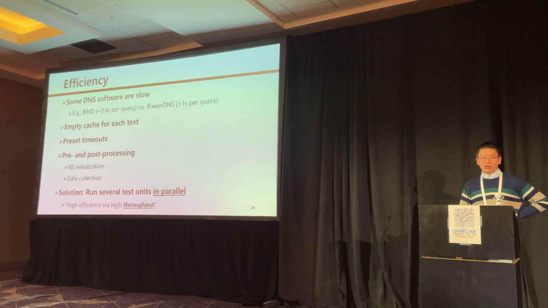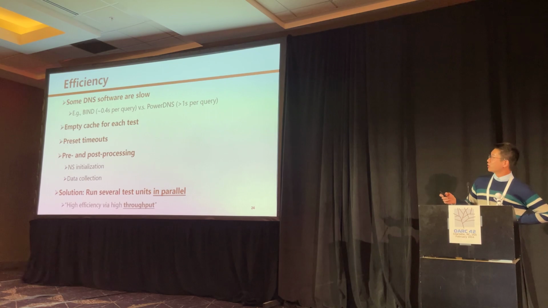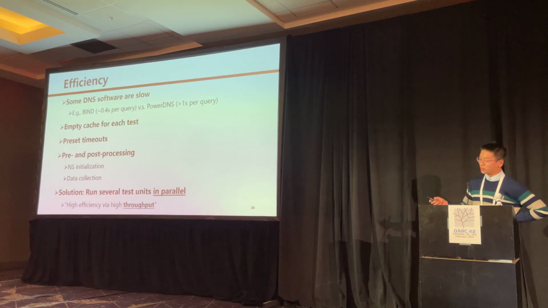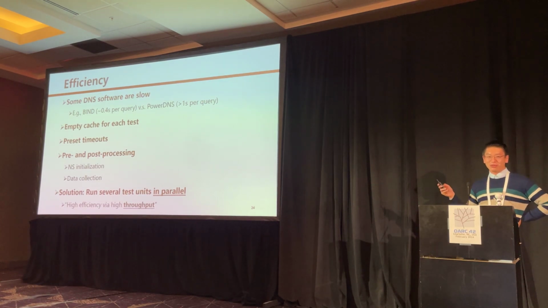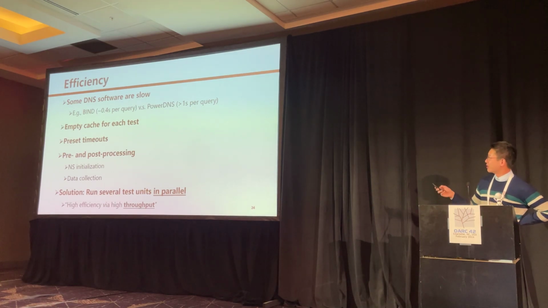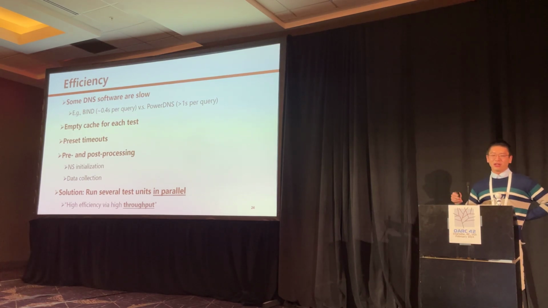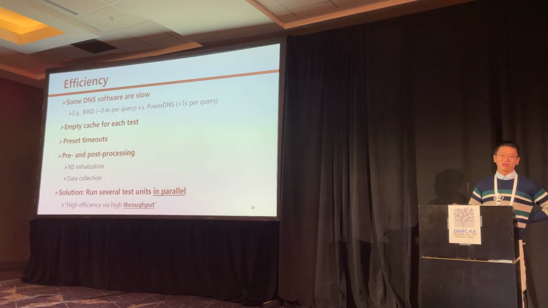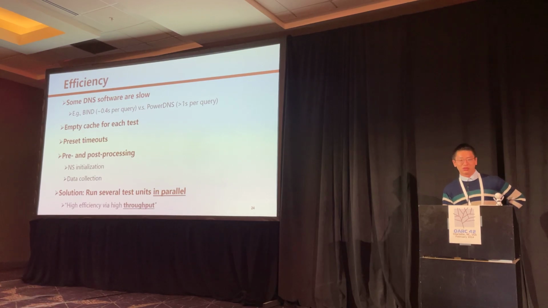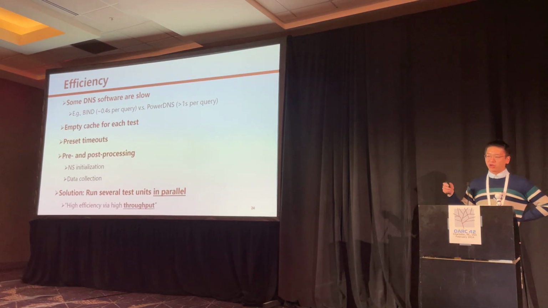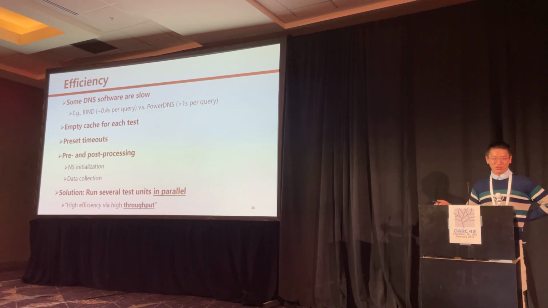And for the efficiency part, this is one vital part, because BIND is very efficient, but PowerDNS, I hope there is no PowerDNS guy here. They are not so efficient. I'm not blaming you, but it is a discrepancy, I want to say. So for BIND, normally it's like 0.4 seconds, and for PowerDNS and another one, MaraDNS, it is more than 1 second. Also different softwares have different ratios of timeouts. So this part slows down our efficiency. So we implement multi-processing and multi-threading programming to increase the testing efficiency.